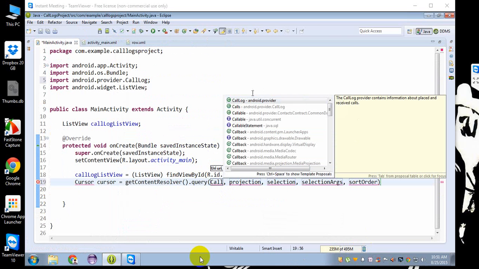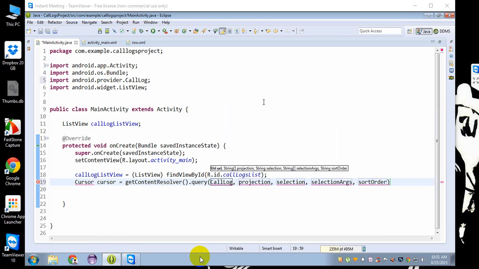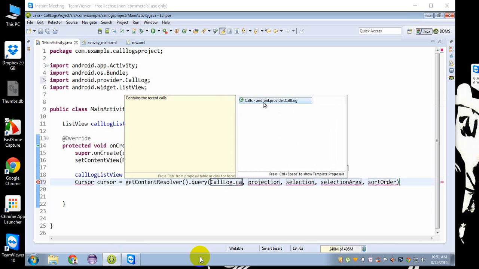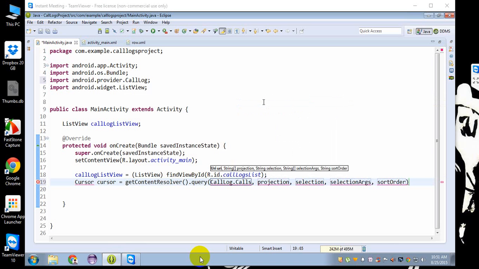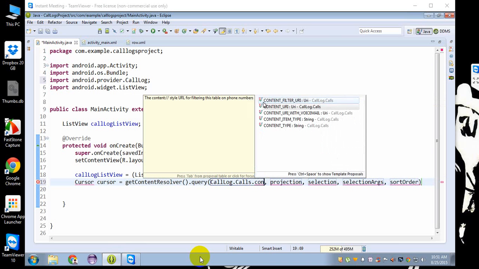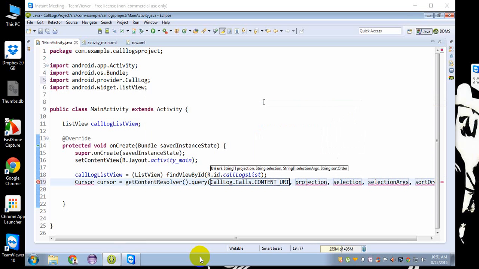Whenever you print call log and search for suggestions, you will get android.provider. Provider is nothing but content provider. So the content provider is providing for call log also. CallLog.Calls, android.provider.CallLog.Calls.CONTENT_URI. With this single URI, you will be able to retrieve the data present in it, and in the place of projection, and in the place of sort order,